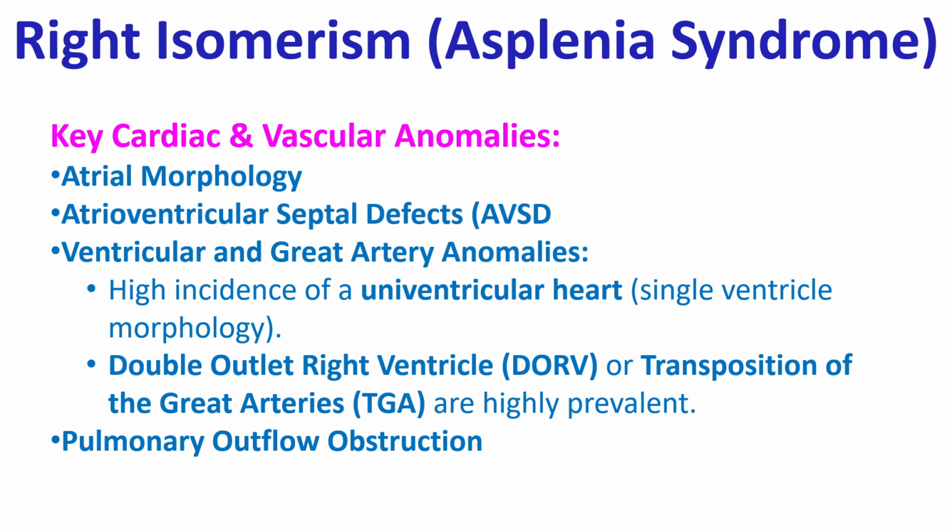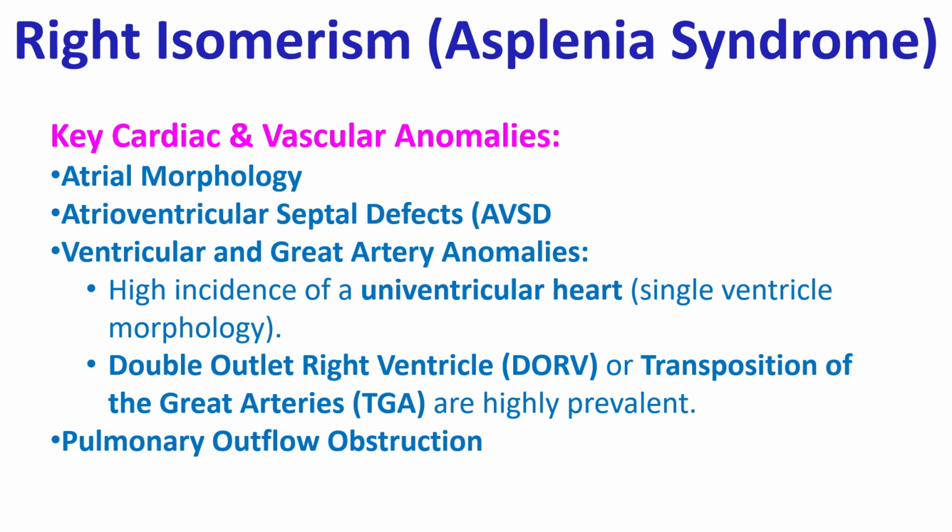Atrial morphology, bilateral right atria. Both atrial appendages are broad, triangular and have pectinate muscles extending around the entire atrioventricular junction. The coronary sinus is typically absent. Atrioventricular septal defects almost universally present as a complete atrioventricular septal defect with a common atrioventricular valve, secondary to severe